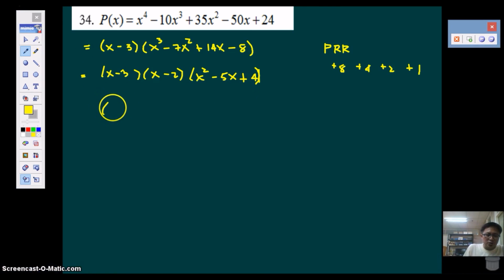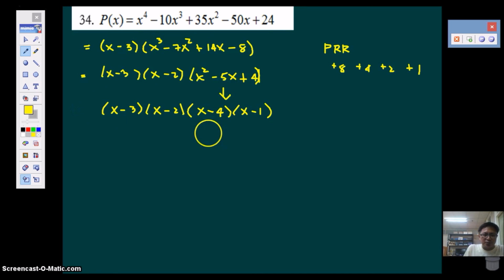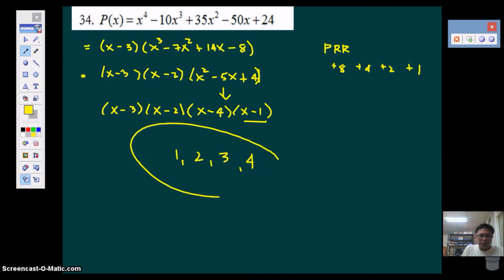So anyway, this is x minus 3 times x minus 2 times, this is factorable, x minus 4 and x minus 1. So your polynomial is now completely factored. It's now easy to see the zeros. The zeros will be 1 from that factor, and then 2, and then 3, and then 4. So there are 4 zeros, all of them